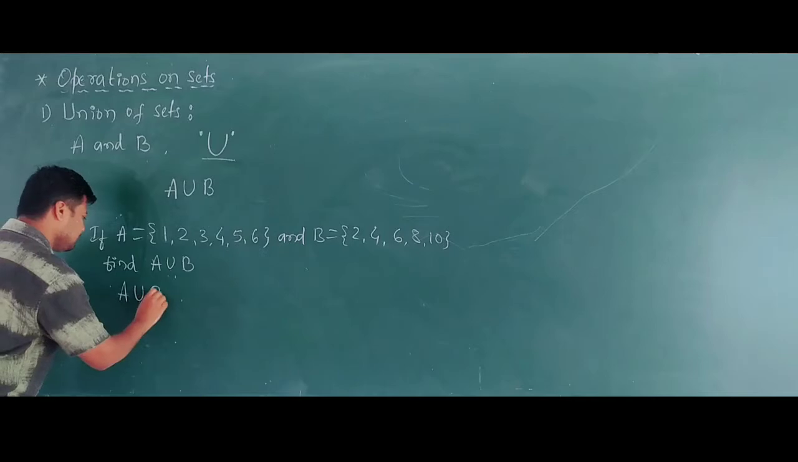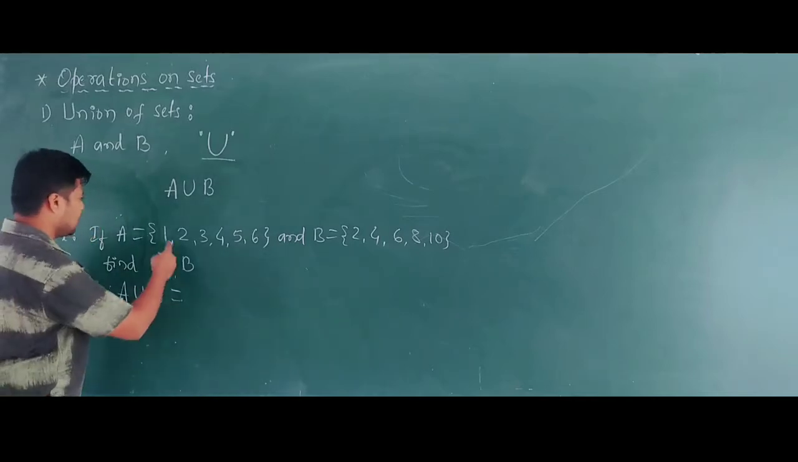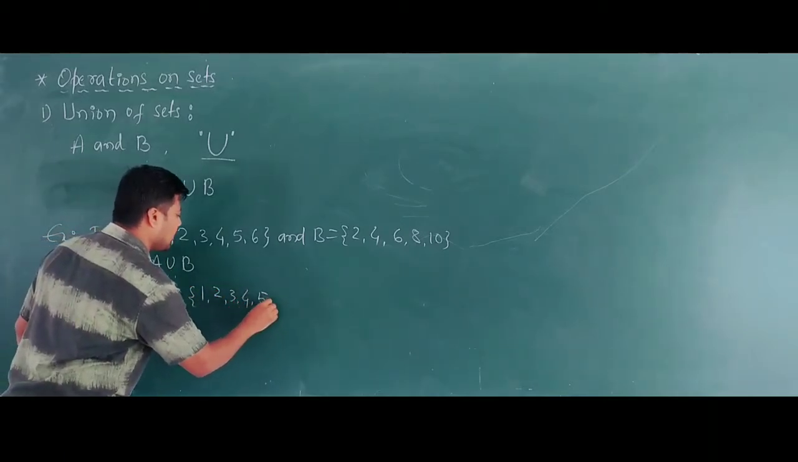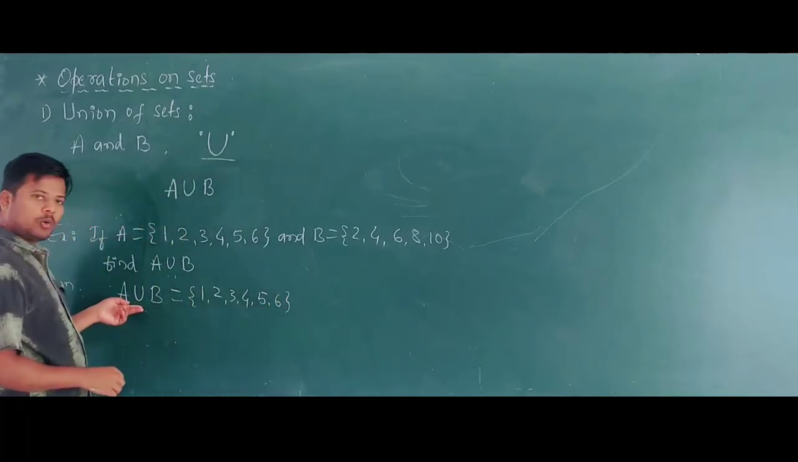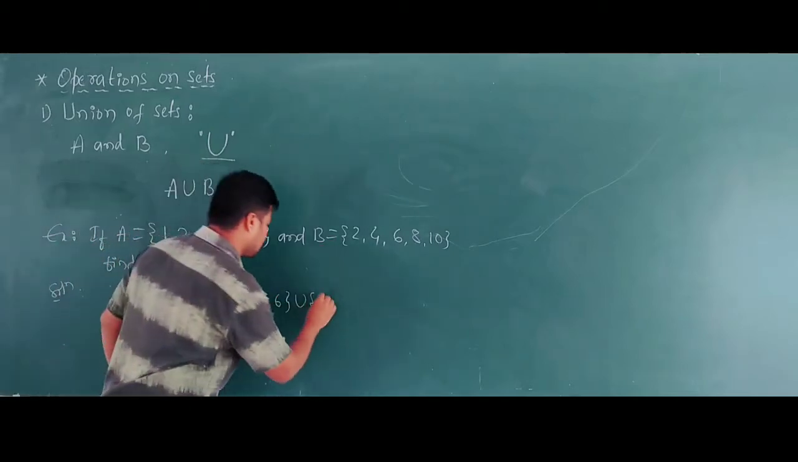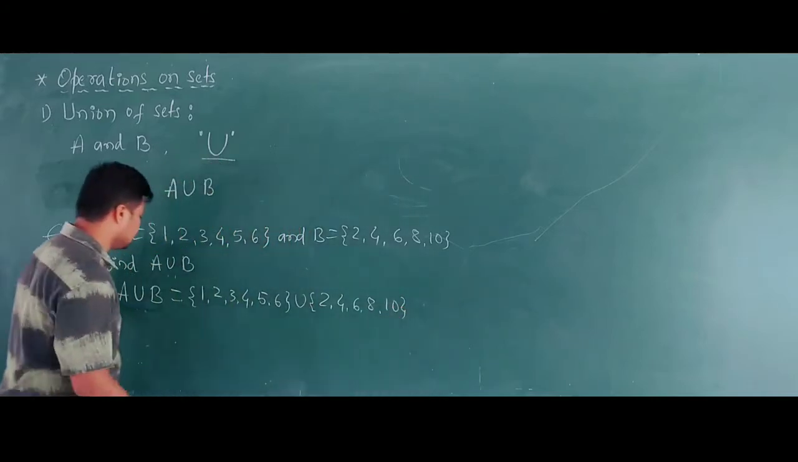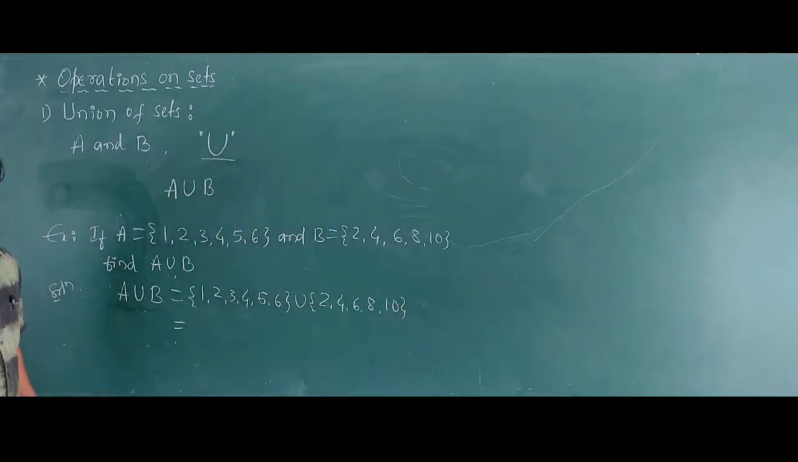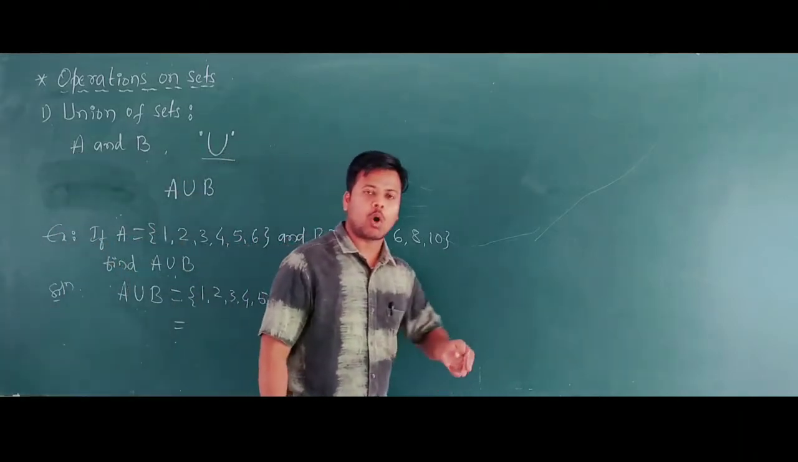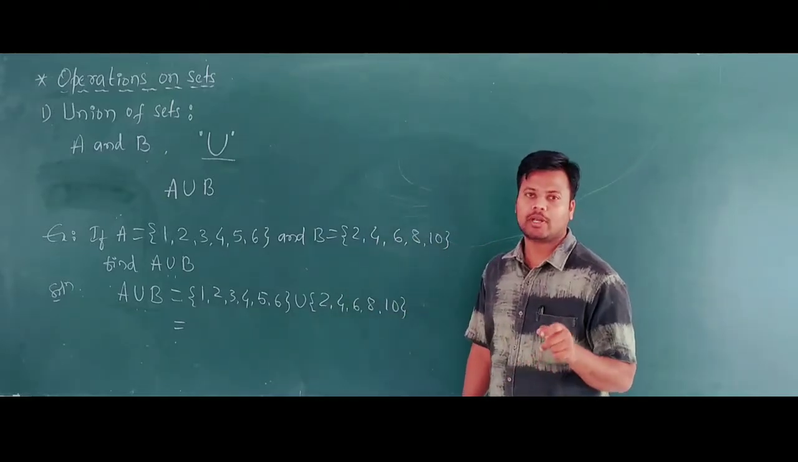A union B equals to, so first write down what is set A. Set A is 1, 2, 3, 4, 5, 6. What is the operation? Union. And what is set B? 2, 4, 6, 8, 10. So what is the definition of union? Union of two sets is a set which contains all the elements of set A and all the elements of set B, and we write